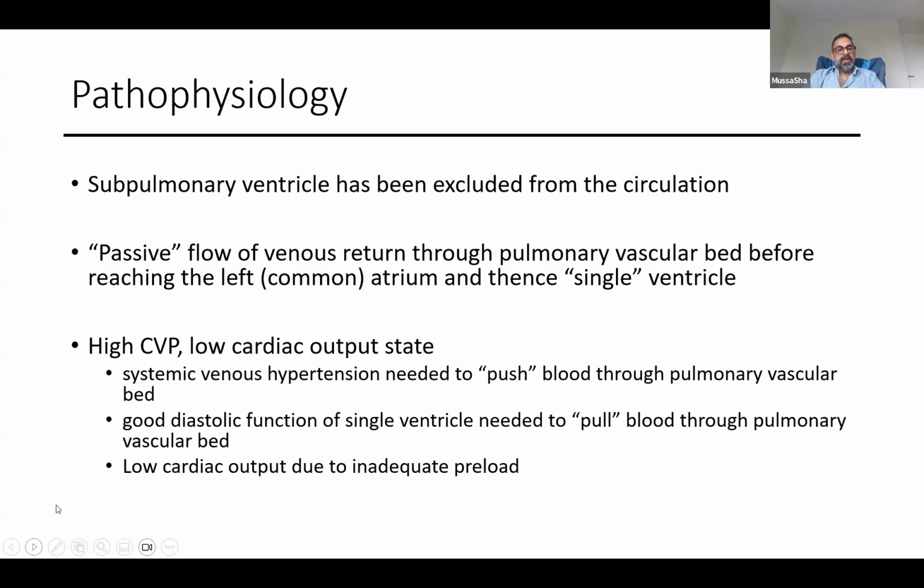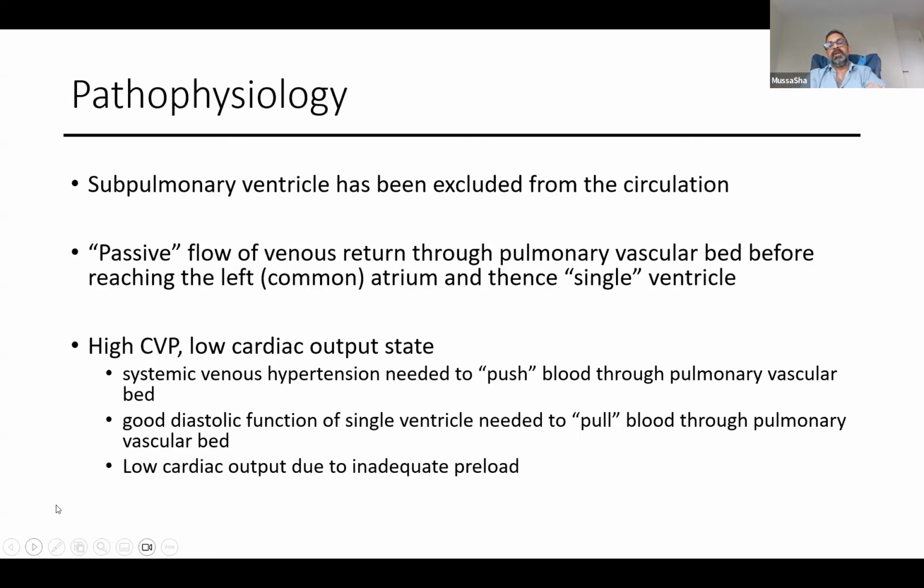So again, in terms of the pathophysiology, what we have here is a state where the cardiac output is relatively low, and in order to achieve that, we need relatively high venous pressures, because the systemic venous hypertension was needed to push the blood through the pulmonary vascular bed, okay? And the diastolic function of the single ventricle was needed to pull the blood through the pulmonary vascular bed, as the ventricle was expanding to fill, that would generate a sort of negative pressure through the pulmonary veins, and suck the blood through the lungs into